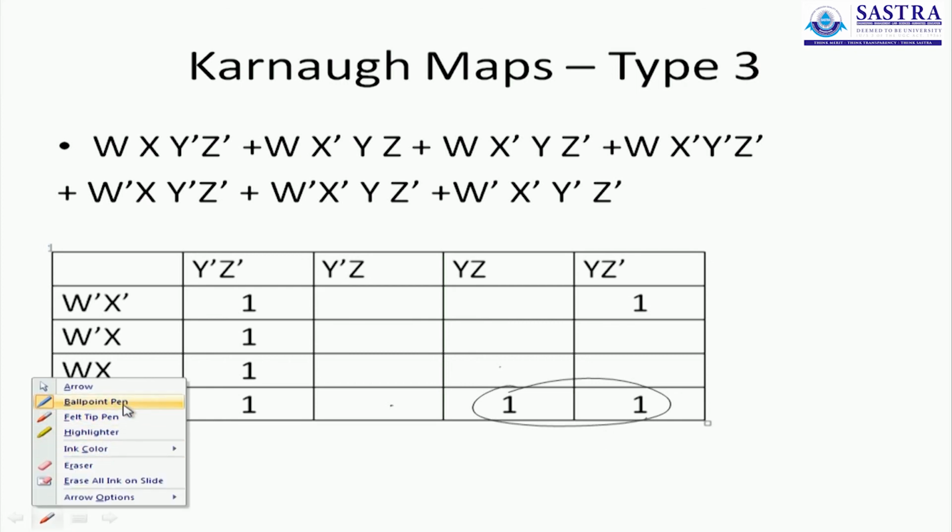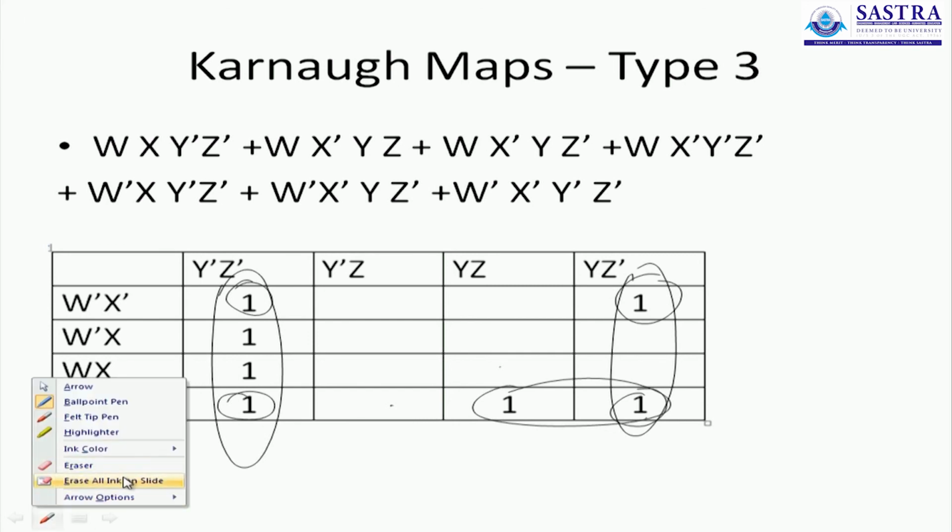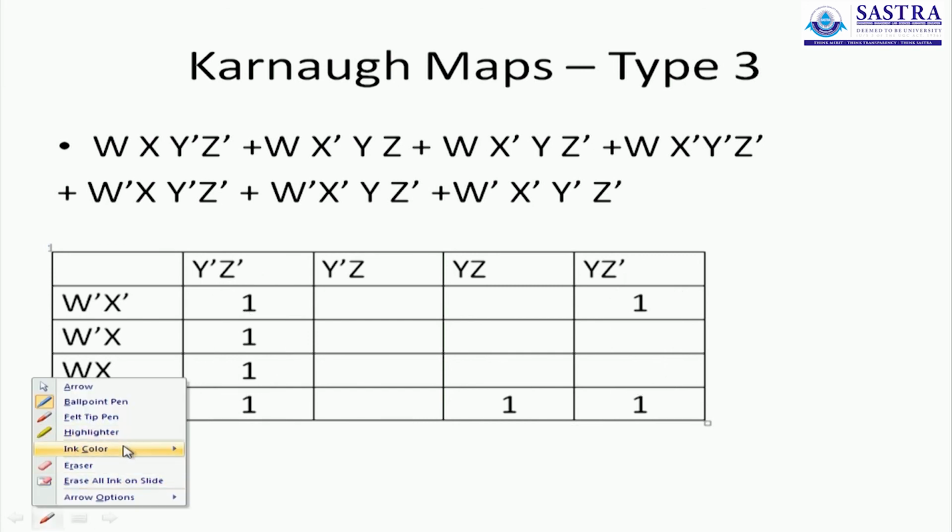You can also try and say that you will group these two ones together since they are in the extremes of the same column, but I can say the same thing about these two ones, that the extremes are in the same row, or these two ones as the extremes of the same row, and these two ones as the extremes of the same column. So there is an easier way to do this.